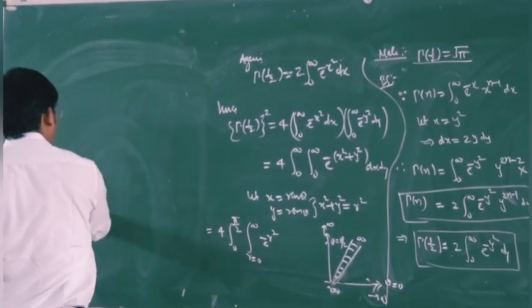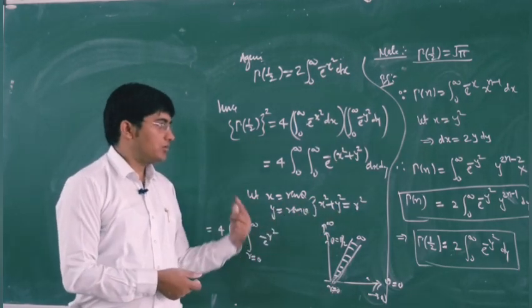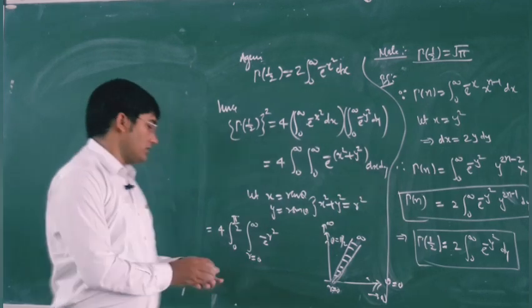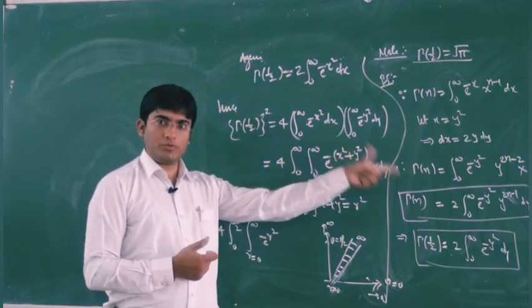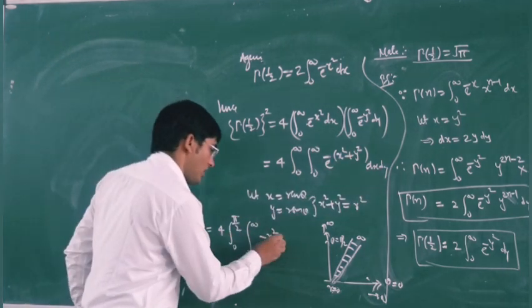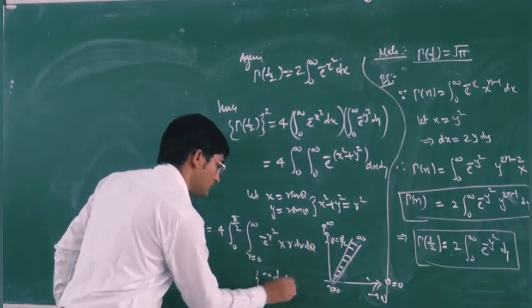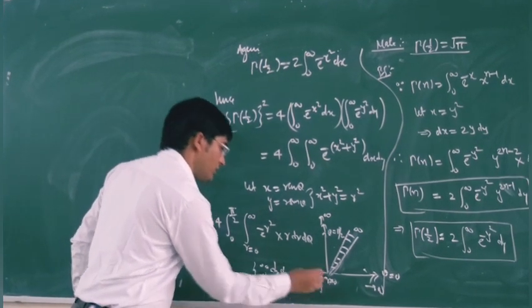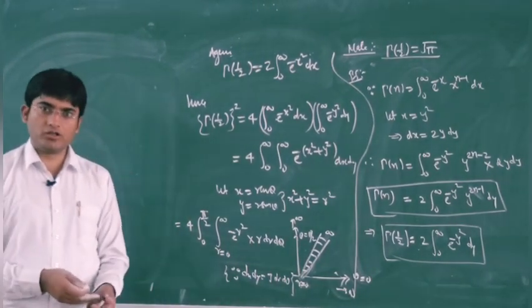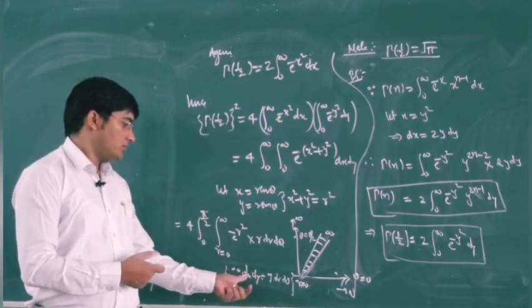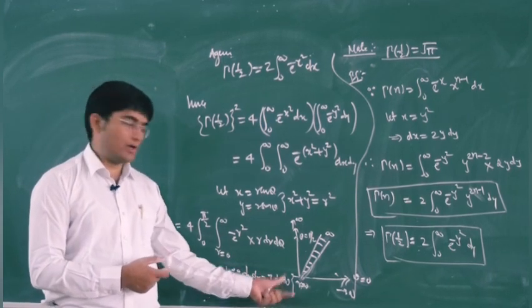because we have transformed our Cartesian coordinates into polar coordinates. With the help of the Jacobian, dx dy will be J times dr d theta, where J is the Jacobian of x y with respect to r theta. I have already defined the Jacobian in my previous unit, so you can find the value of J as r. So dx dy is r times dr d theta.